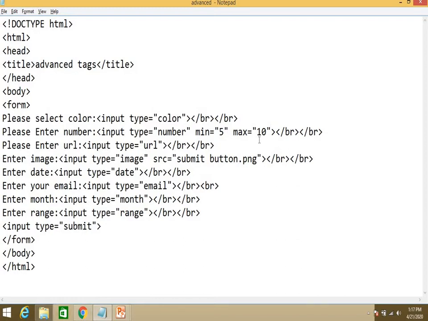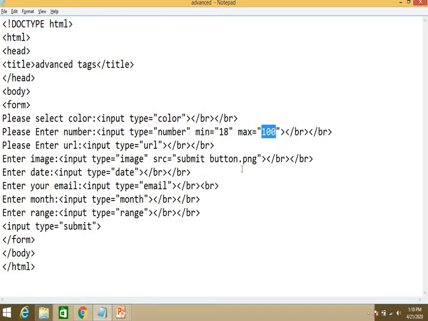Suppose for example you are checking values for voting, so your age should be at least 18. To be eligible for voting, the minimum value is 18 and the maximum value is 100. In between that you should be applicable for voting. Below 18 and above 100 is not valid, but we assume there will be a 100.